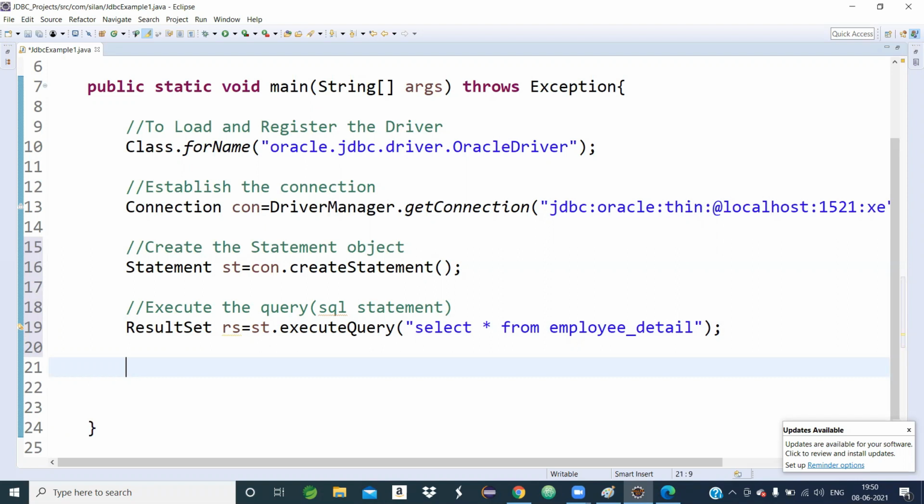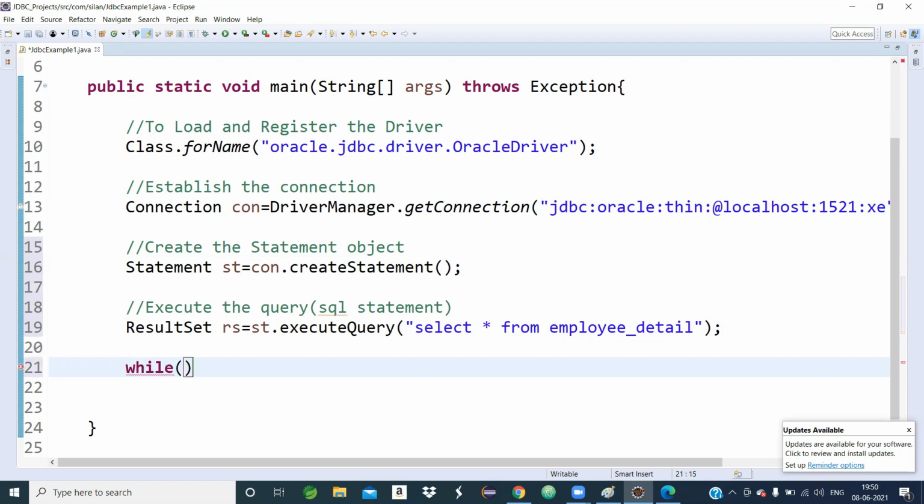Whatever business logic you have written is okay, but writing an output statement is mandatory. So I will write an output statement.